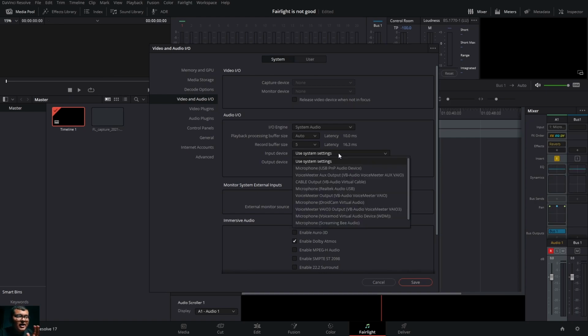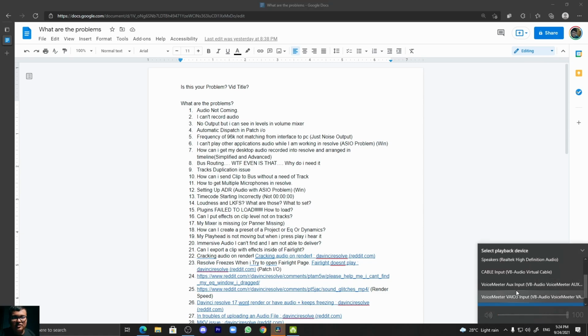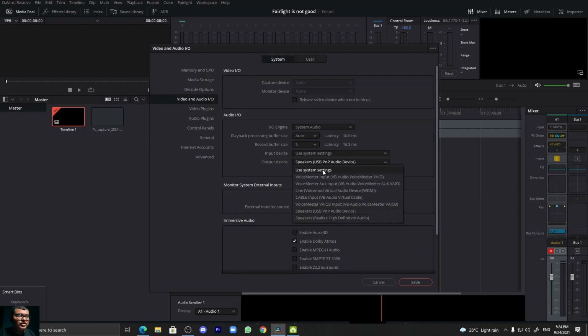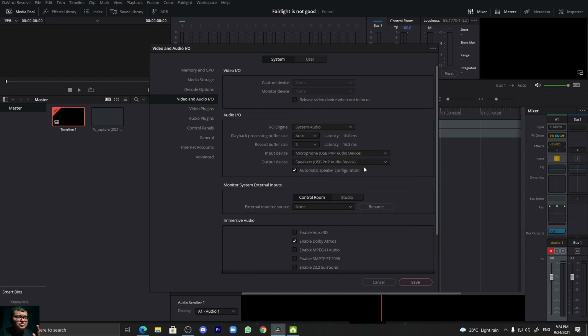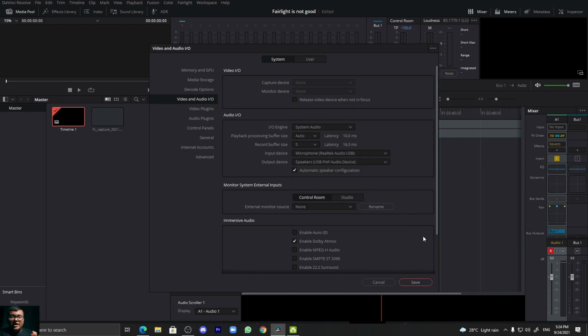Even in input, you can choose use system settings, that is the best one. Whatever you change over here in Windows, these are your defaults. If you change it, this will become the default, so you can set it to your default also. But what I recommend is having one separate headphone, or your gaming headphone or your professional Sennheiser headphones or anything like that. But I am going to choose this one currently, and I'm going to choose this mic. Make sure you have this.